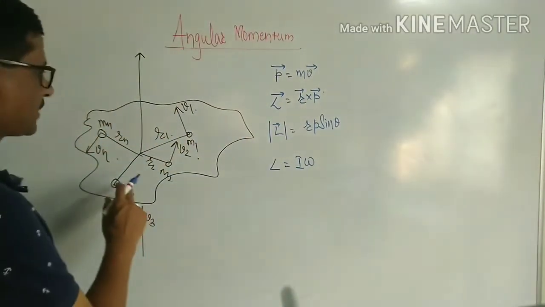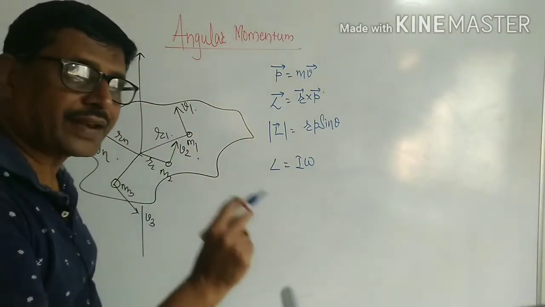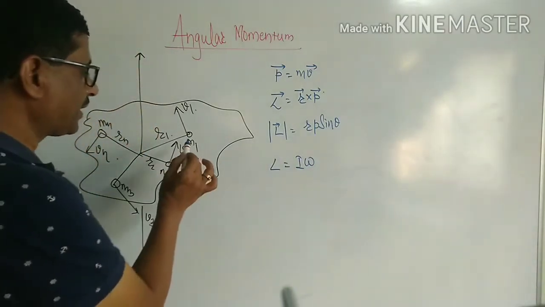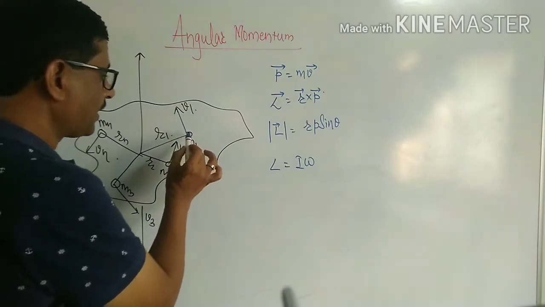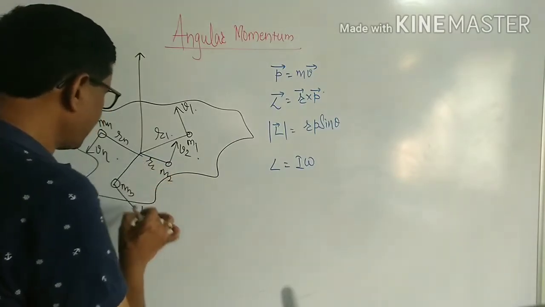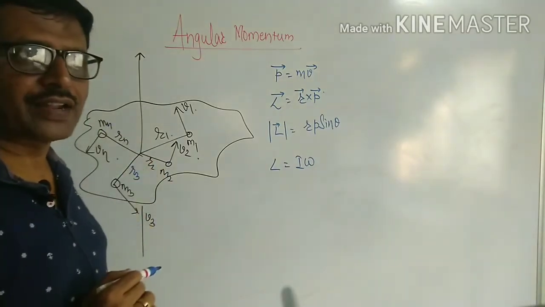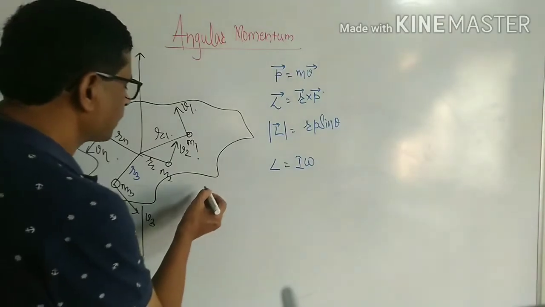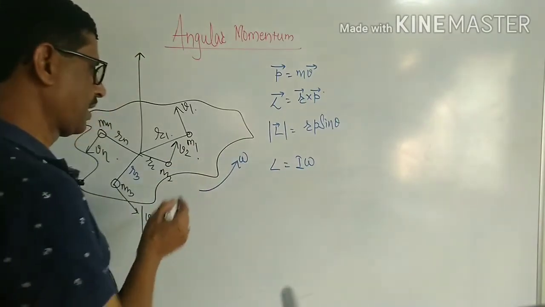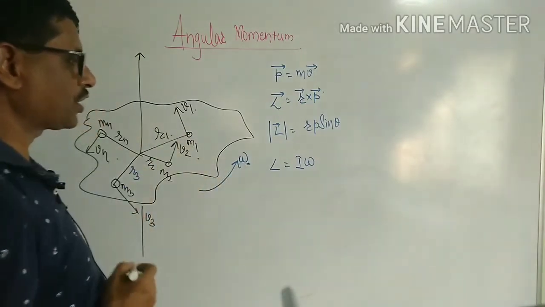For that, let us consider a rigid body having n finite number of particles in it. The masses of the n particles of the rigid body are m1 at a distance r1 from the axis, m2 at a distance r2 from the axis, m3 at a distance r3 from the axis, and mn at a distance rn from the axis of rotation. As the rigid body rotates,